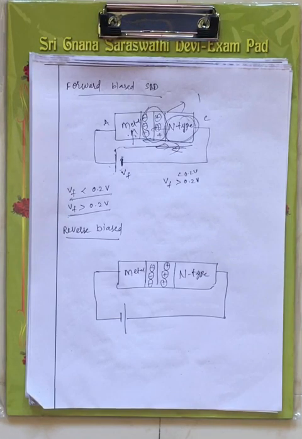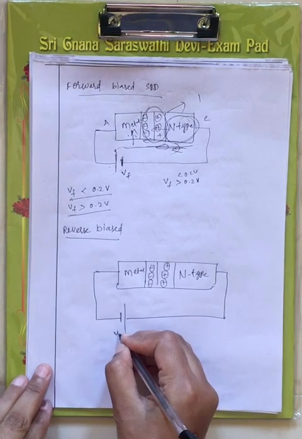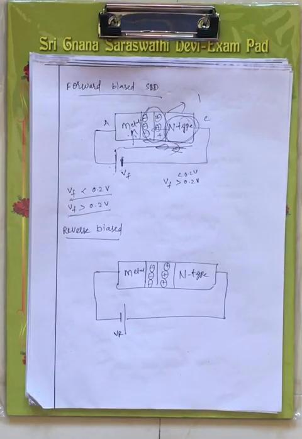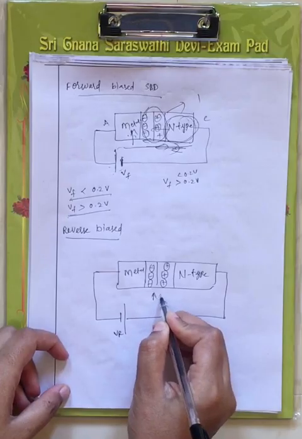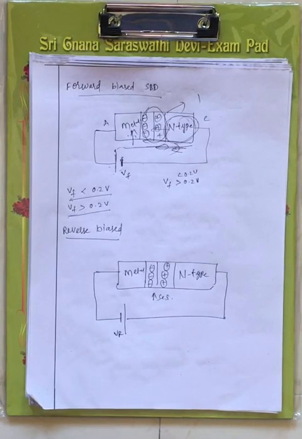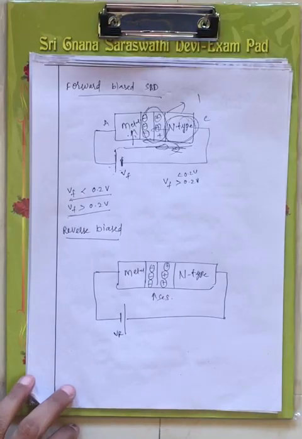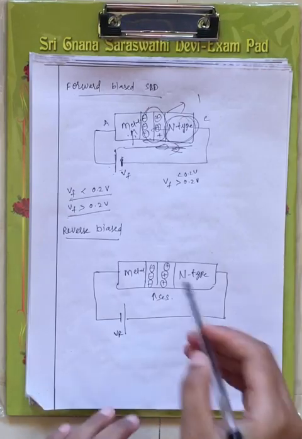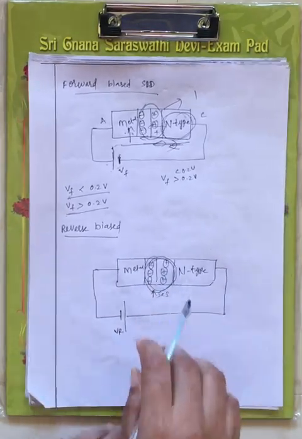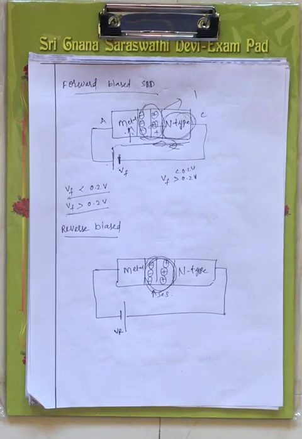Now if the reverse bias voltage is applied, here we represent that voltage as VR, right? Now when we apply voltage to this Schottky barrier diode, which is under reverse bias, the width of this depletion region increases, hence the current flow stops, right? If we increase the reverse bias voltage further, once the depletion region breaks down, the device will get damaged, right? Now this is under your reverse biased condition.